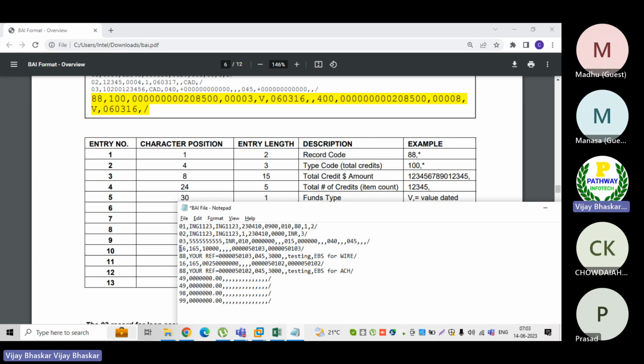Then we understood that wherever a transaction is happening, these two records, the 16th record and the 88th record, are for single-transaction related information. Now let us assume this information is for 100 rupees. That is the reason, after the bank account, wherever you can see line numbers 16 and 88,